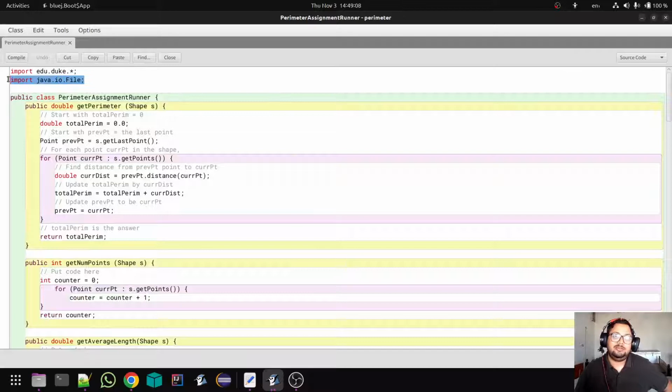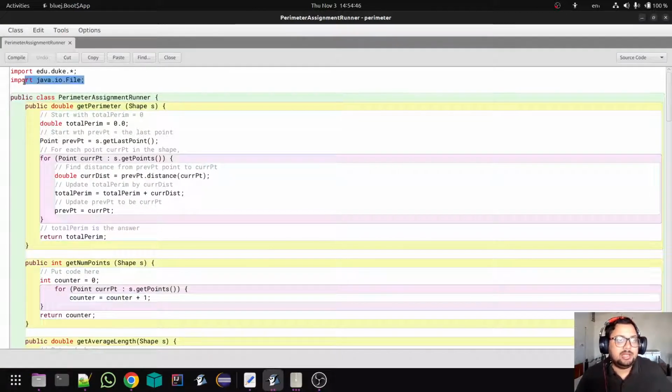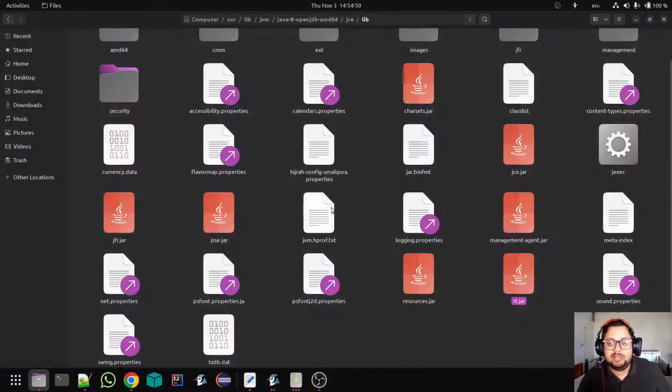So the JDK you downloaded has this particular file in it. Maybe I can show you. Hold on. So, what I was trying to say: you see how you imported java.io.File. Now java.io.File is actually located wherever your Java virtual machine is, whichever you downloaded, in the JRE